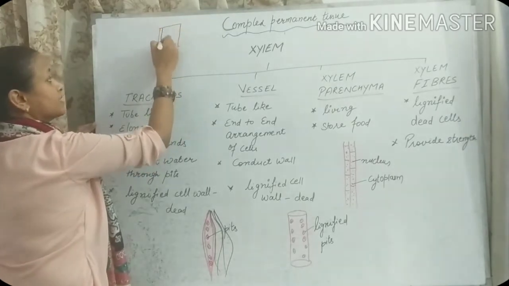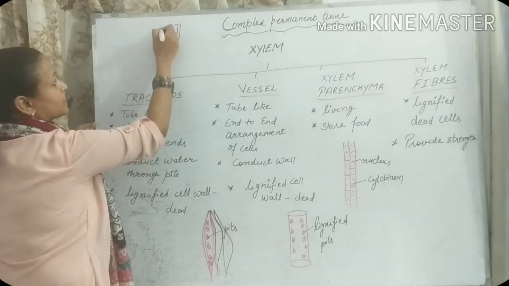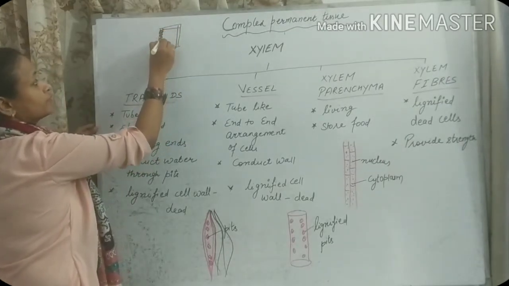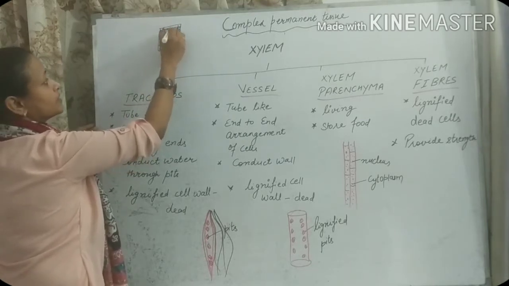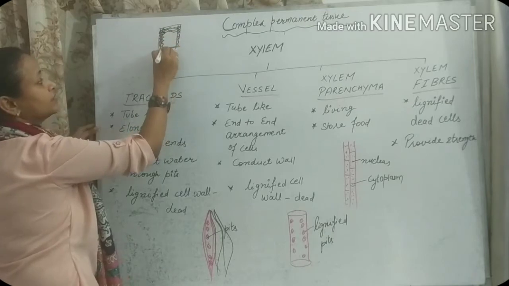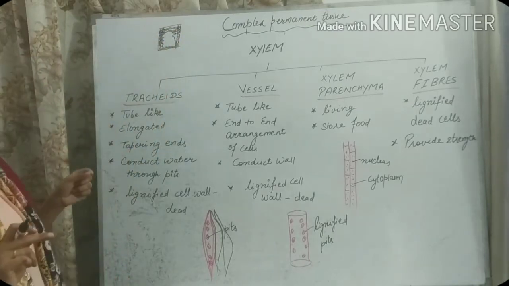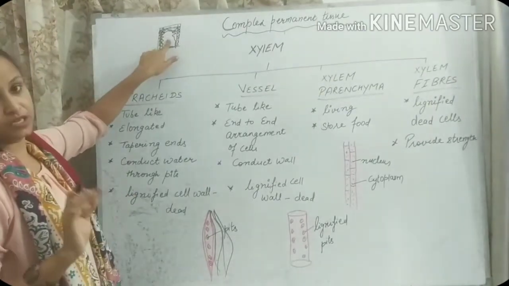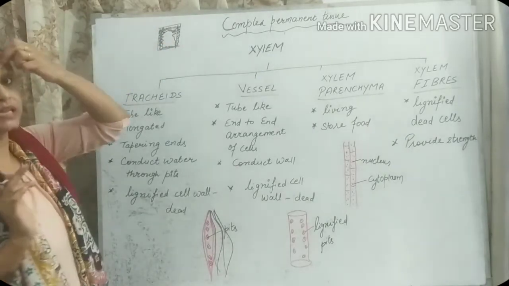This is the plant cell and it is the cell wall. This is the cell wall of plant cells. When the lignin gets deposited around the cell wall, the wall becomes thicker and thicker, and the center part where the cytoplasm is present remains very small, due to which all the cell content dies. And this is known as dead cells.